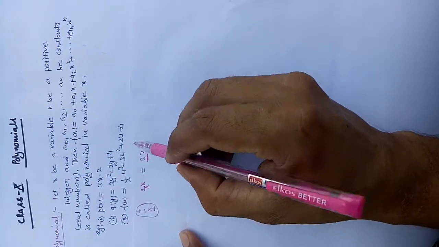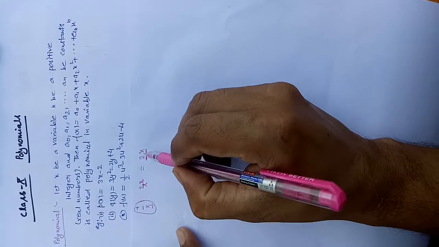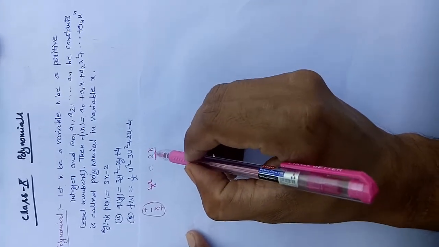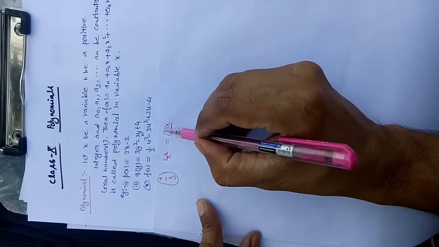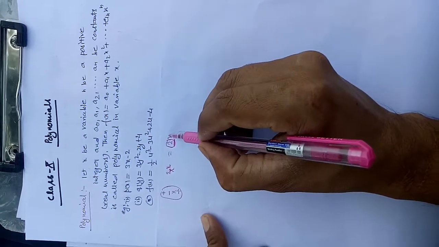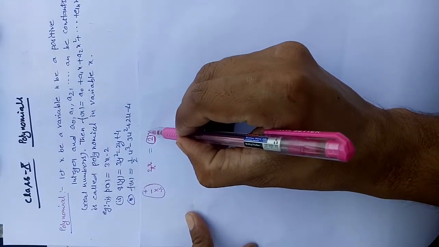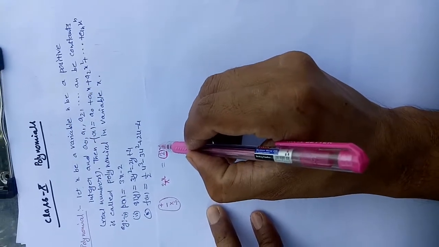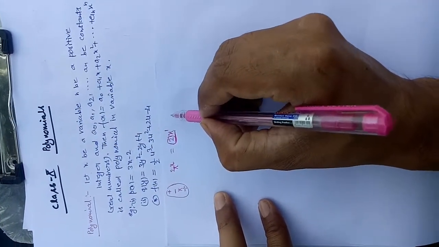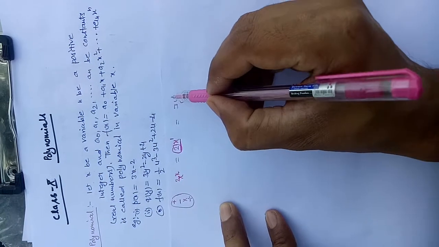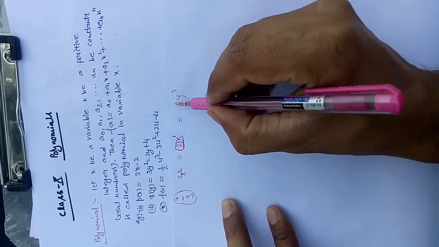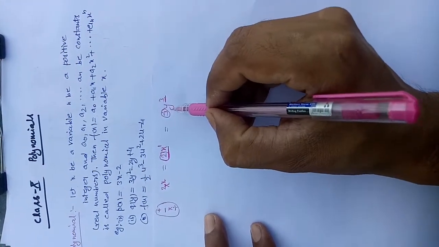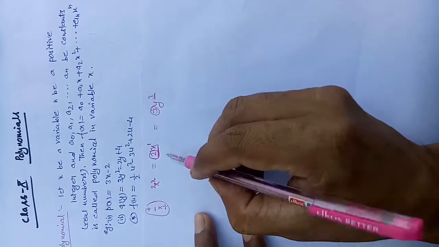In the algebraic expression already you have learned about coefficient and degree or exponent. Coefficient, that is this 2 is known as coefficient, and degree, that means the highest exponent of the variable, is known as degree. Like here there is nothing, so we will have 1. If we have 3y cube, this 3 is known as coefficient and this 3 is known as degree, and the variable is y.